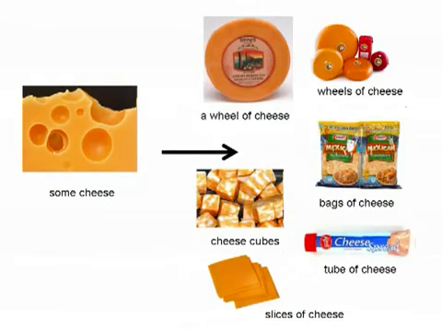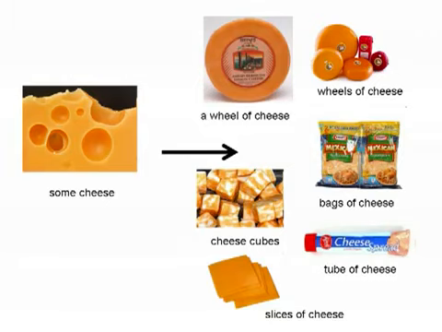Here we have cheese. Cheese in this form is not countable because this is not a form, but when we put it into these different forms, we can count it. So, a wheel of cheese, 2 wheels of cheese, 3 wheels of cheese, a bag of cheese, 2 bags of cheese, a cube of cheese or cheese cubes, 2 cheese cubes, 3 cheese cubes, a tube of cheese, 1 tube